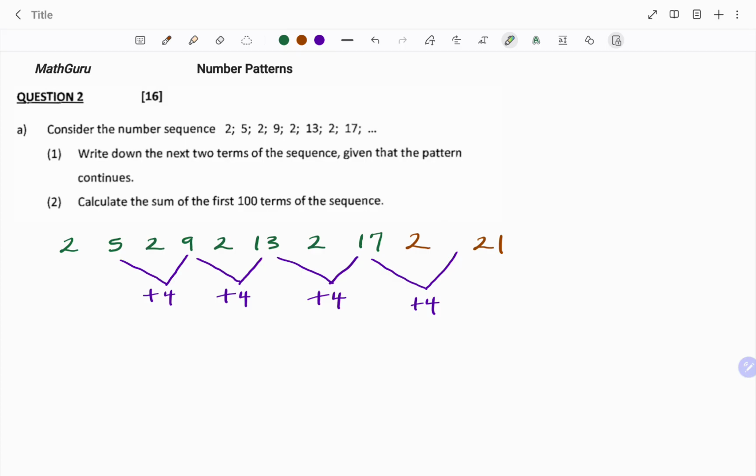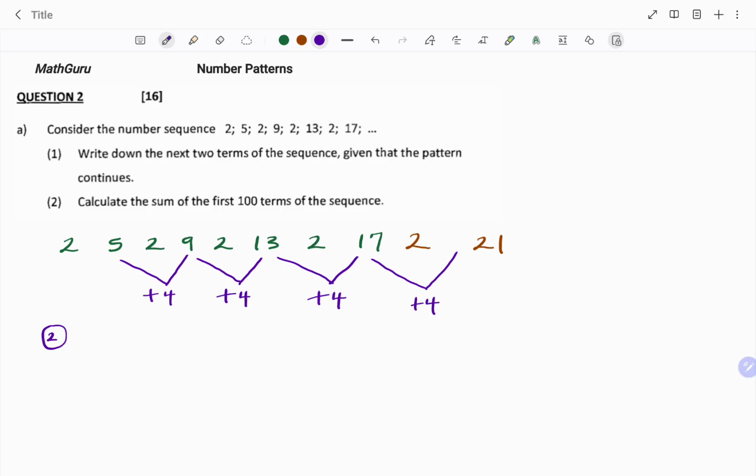The next question says, calculate the sum of the first 100 terms of the sequence. Note that every other term is a 2. So to calculate the first 100 terms, I'm going to split this up into 2. We have terms in 2s and then the terms increasing by plus 4. So starting with the terms in 2s, because I've been given 100 terms in total,